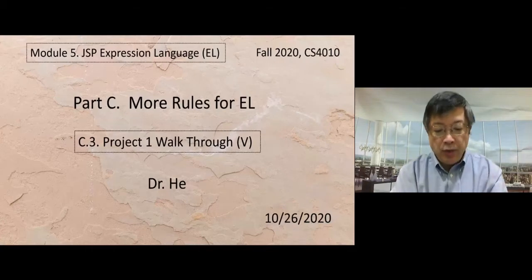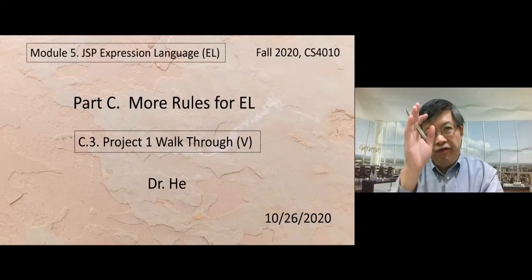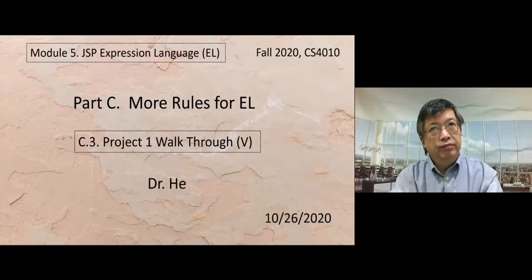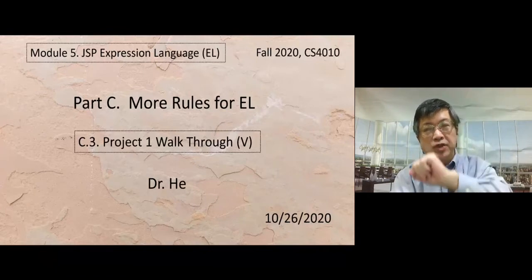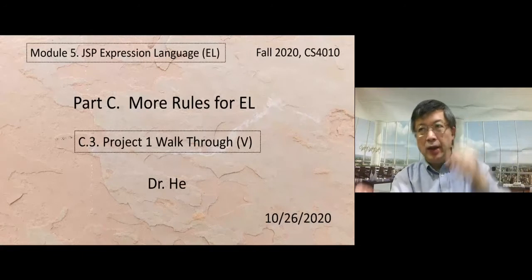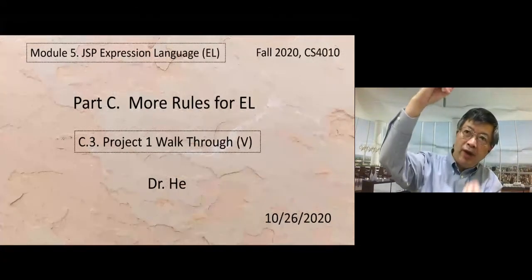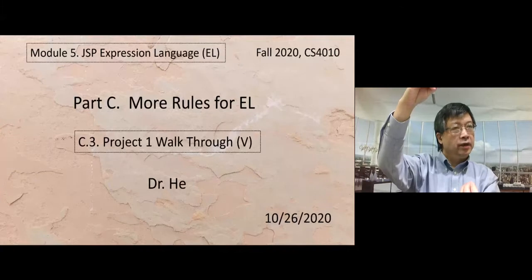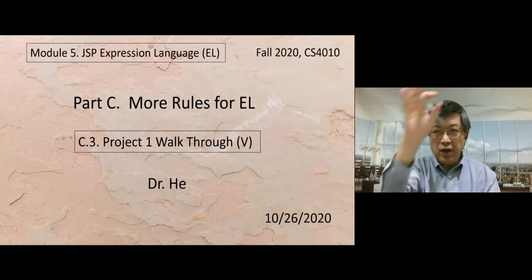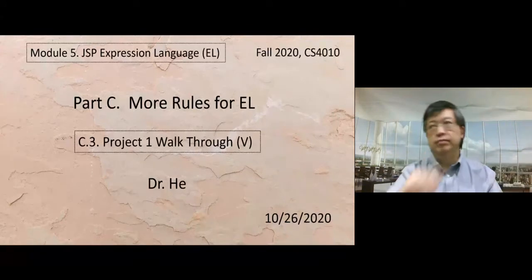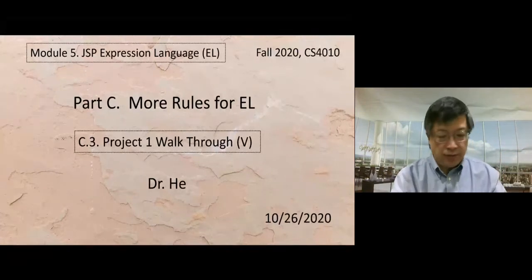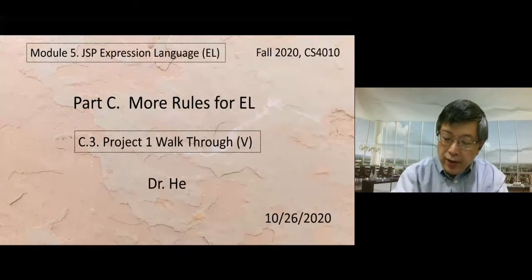C.3, Project 1 Walkthrough Part 5. In this part, we will do database query. We need to get data from the database and display as survey options to give our user, and the user can make selection, submit, survey for the result, final for the statistics. All right. To do that,